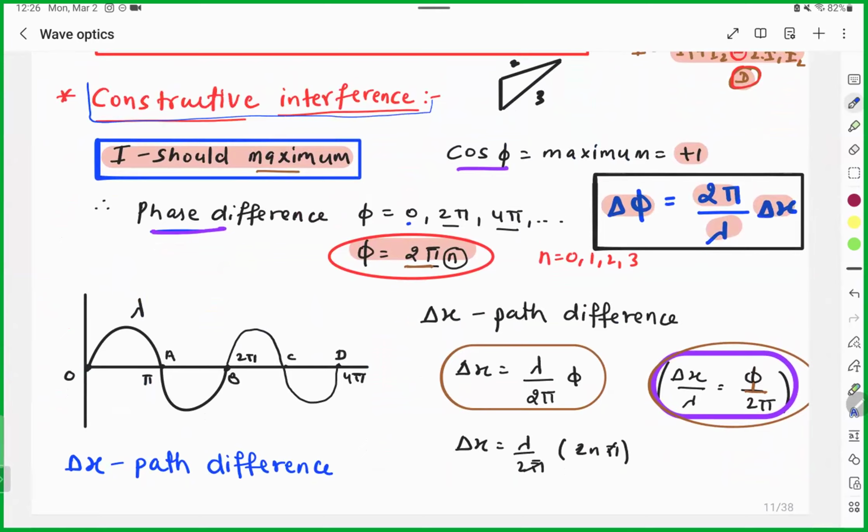When you are talking about constructive interference, we know intensity of light should be maximum. If intensity of light should be maximum,